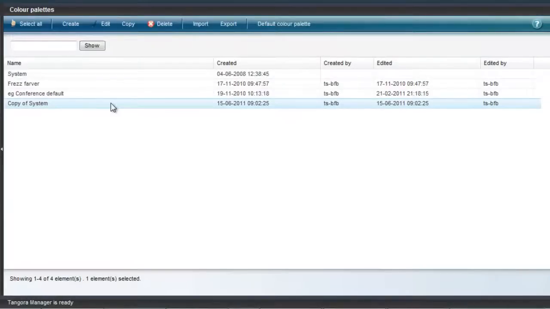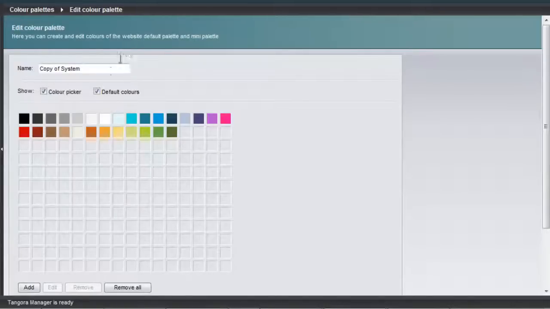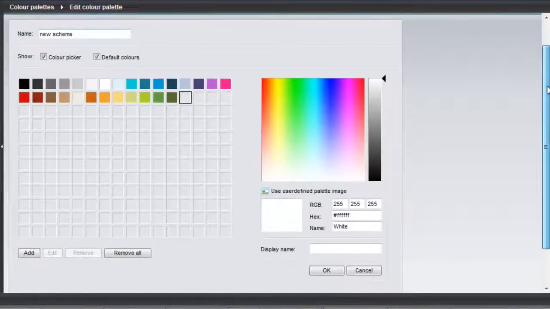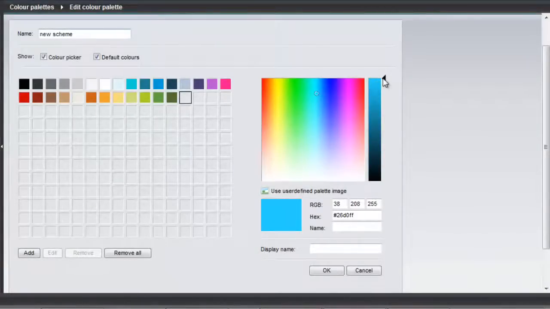I can then select this scheme and choose Edit, or simply double-click, and then I come into the new color scheme. What we can see here are a bunch of colors and a bunch of empty cells. To add a new color, I need to double-click on an empty slot, or just hit the Add button here at the bottom. When I do this, I get an interface up here where I could choose a color with a color picker, where I could visually select a hue and saturation in the main window as well as luminosity by using the slider. I could also define a specific color using the RGB or hex color models if I needed to match a color that I have defined elsewhere with one of these systems.